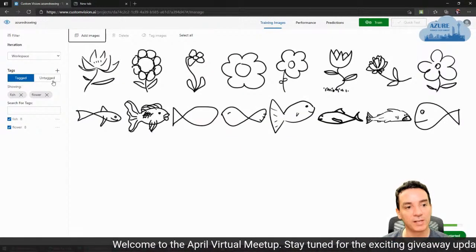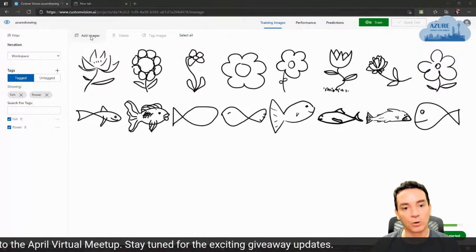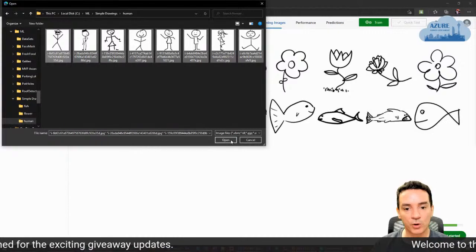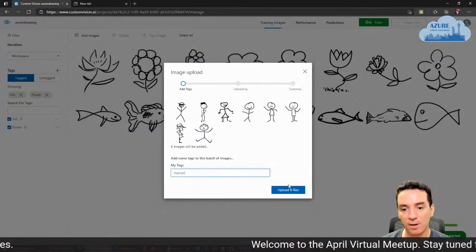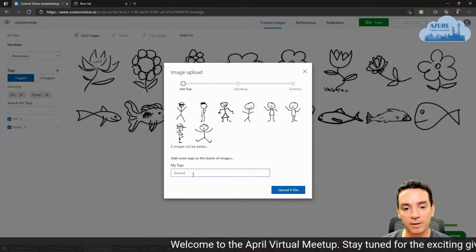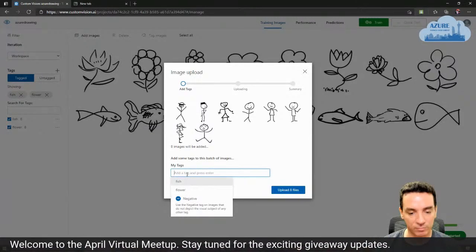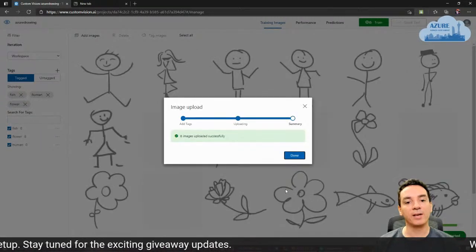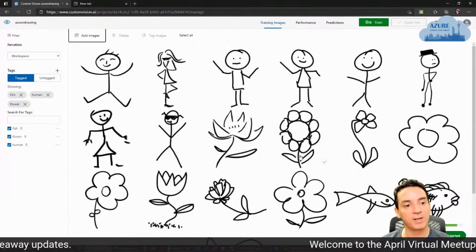You can see my tags on the left, and I will add a third batch of images for humans. Let's go for human. And of course, here I can add new images, I can add negative values. This is a new tag.